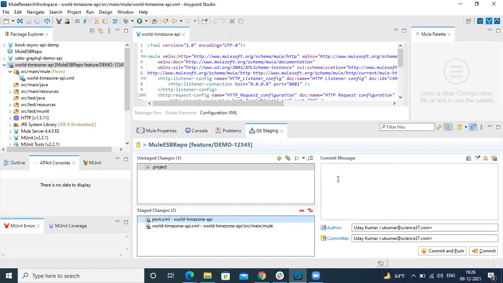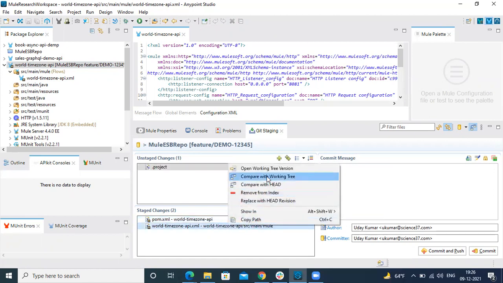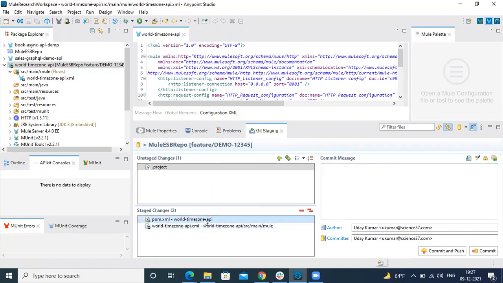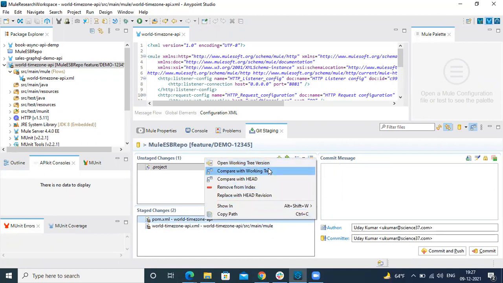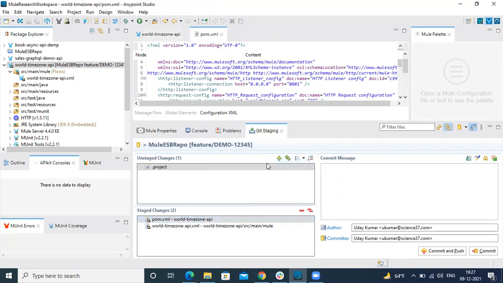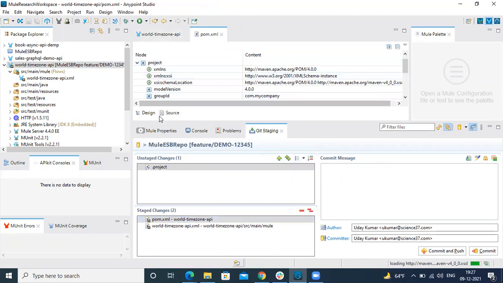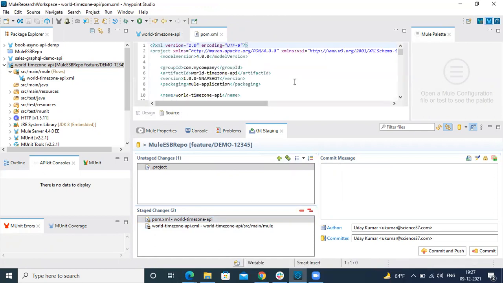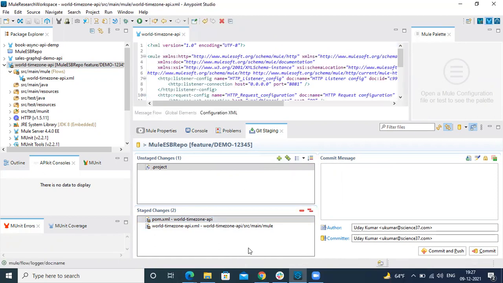These files are already added. And this is a POM file.